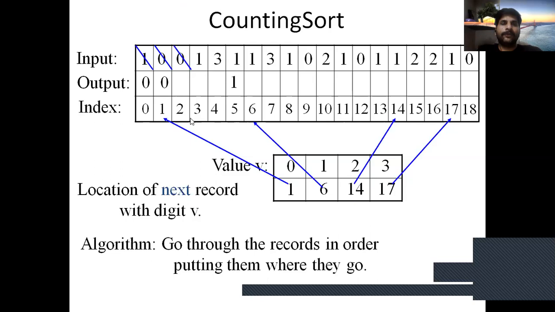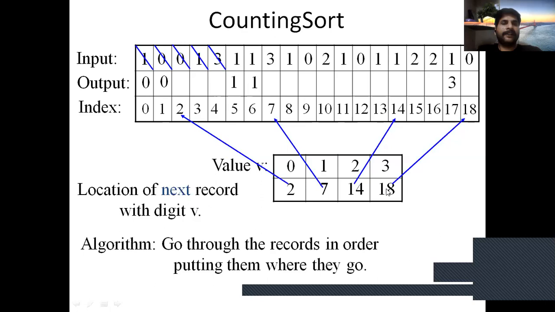Next 0 is placed here and the index value increases by 2. The next value is placed from 6 and increases to 7. 3 is placed from 17 and increases to 18. The next value is placed from 7 and increases by 8.